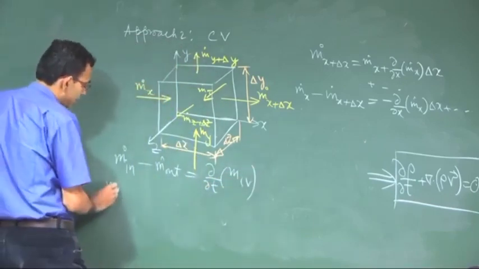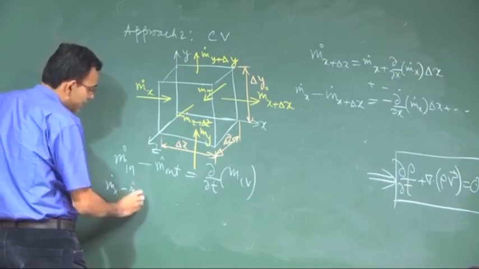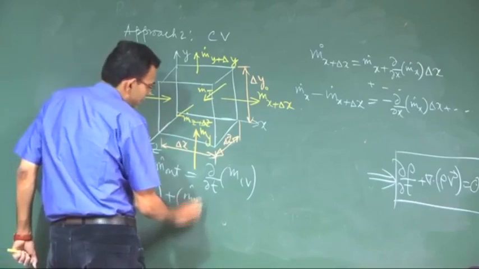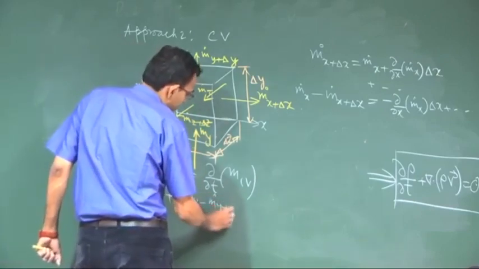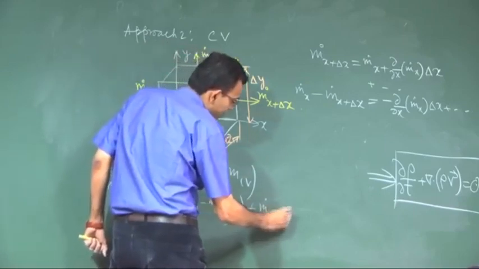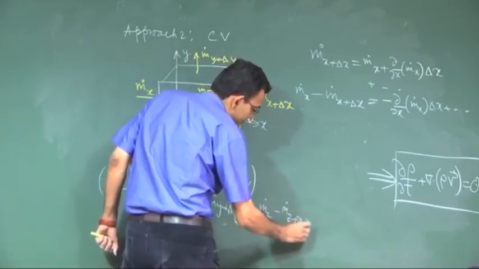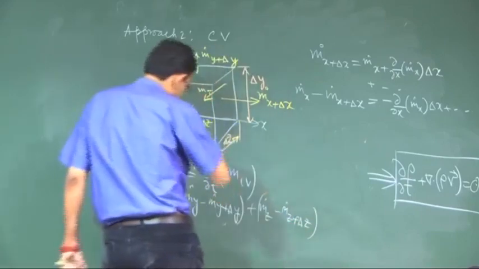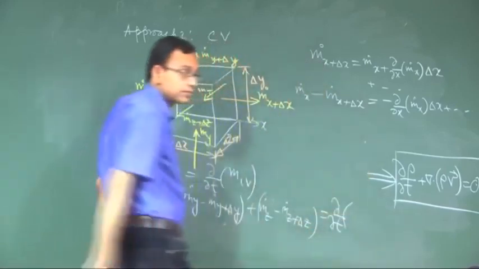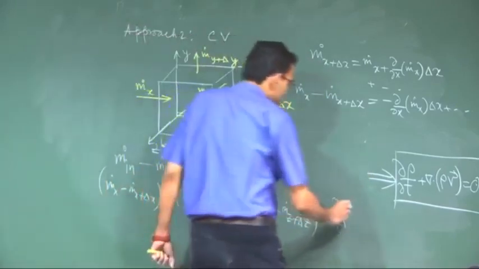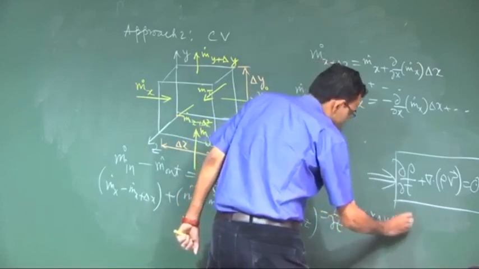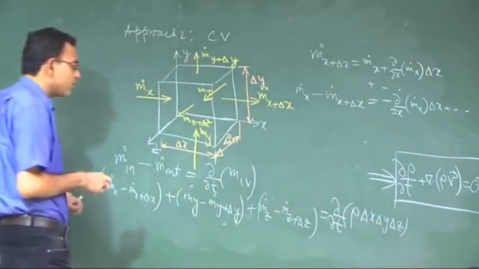So, that means m dot x minus m dot x plus delta x plus m dot y minus m dot y plus delta y plus m dot z minus m dot z plus delta z. What is m dot Cv? Rho into delta x into delta y into delta z. So, here we calculate just one term,